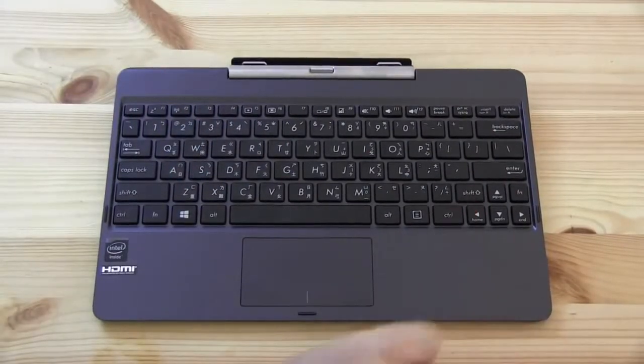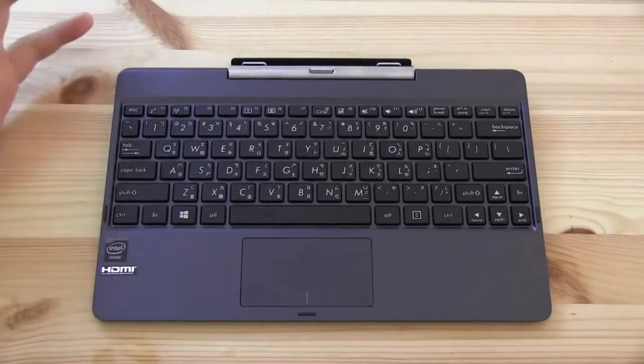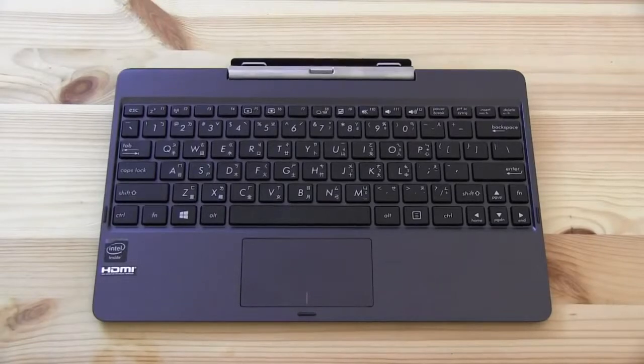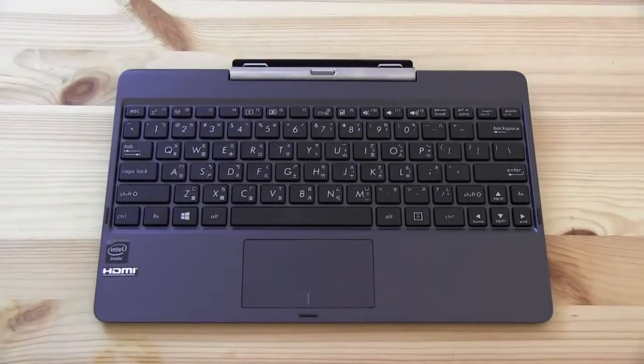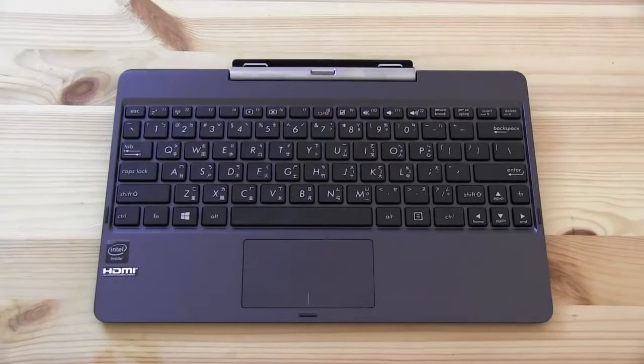Kind of worried about the super small right shift key. Not so sure if this one row enter key is enough. Very small tab key, and a mouse pad with integrated mouse buttons, or a trackpad with integrated buttons. That's about it. But you know what I immediately realized is, if this is something I'm going to compare to